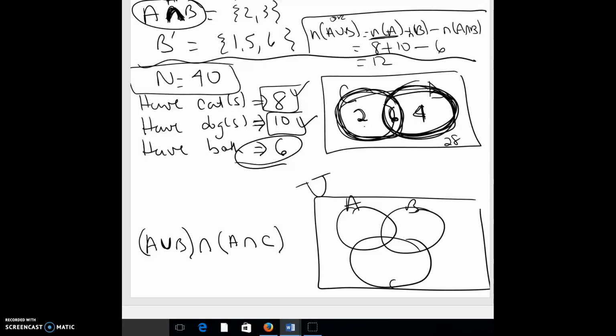So we can cheat. So 1, 2, 3, 4, 5, 6, 7, 8. So we're just putting elements in our sets. So like A has these 4 elements, B, and so forth. And I'm putting the minimal amount possible so that each region only has 1 number so that I know what to color. All right, so A union B, remember marriage, easy to get lots of junk, plus it's an or situation, so it's easy to get a lot of junk when you're not picky. So it's either in A or B, or it could be in both. All right, so that would be 1, 2, 3, 4, 5, 6. So that's the answer